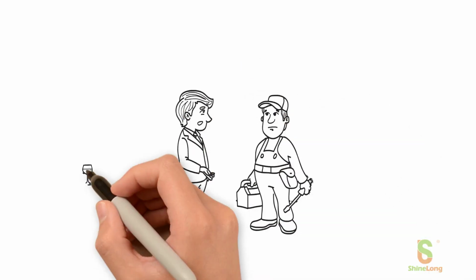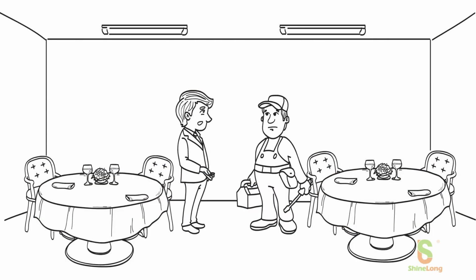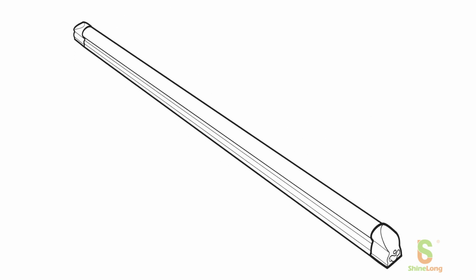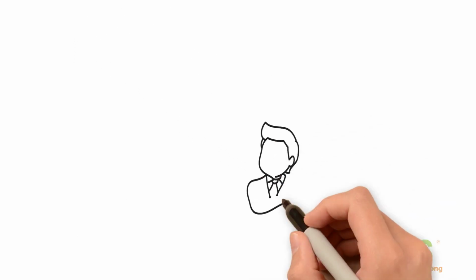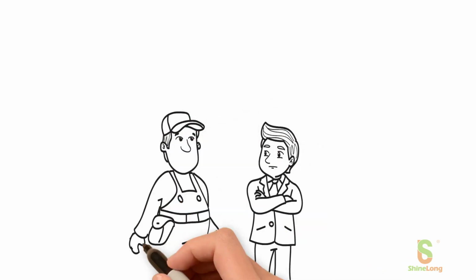This is Robert, the restaurant owner. He wanted to retrofit the old fluorescent lighting in his restaurant, and his regular repairman suggested ShineLong T5 Batten Lights. Robert wasn't sure why, so the repairman told him that their plug-and-play design makes them easy to replace and install